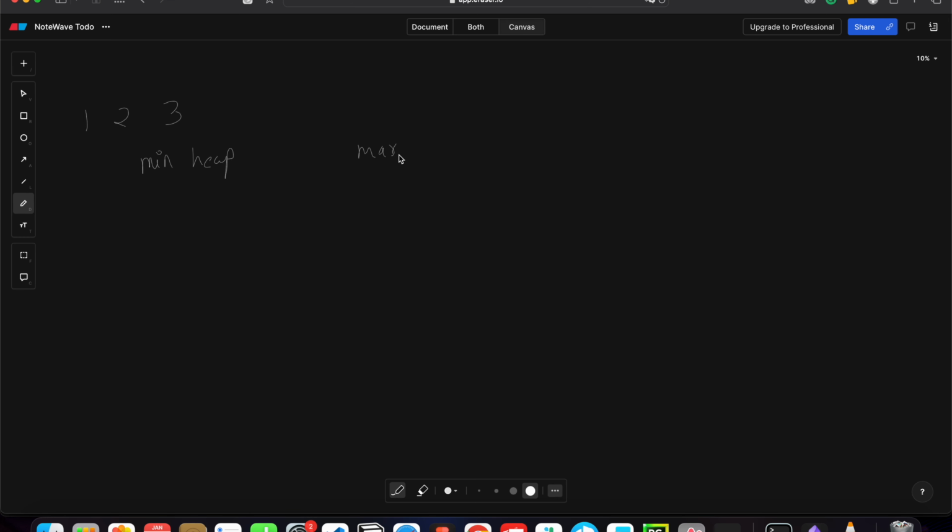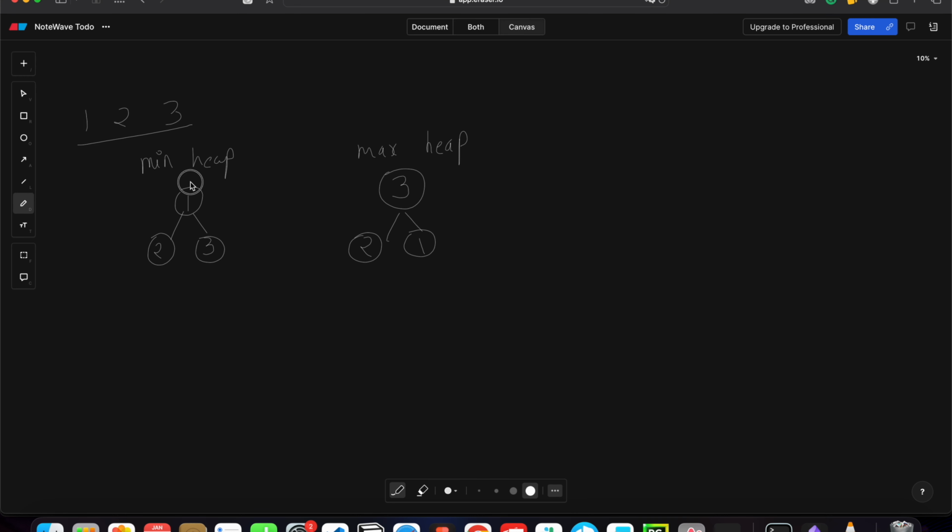The min heap form of this tree representation will be 1, 2 and 3, right? And the max heap form of this will have 3 at the top and 2 and 1 at the bottom, right? So this will be the min heap and max heap form.